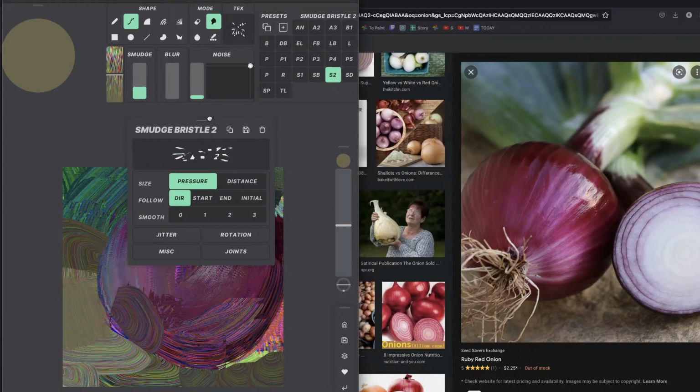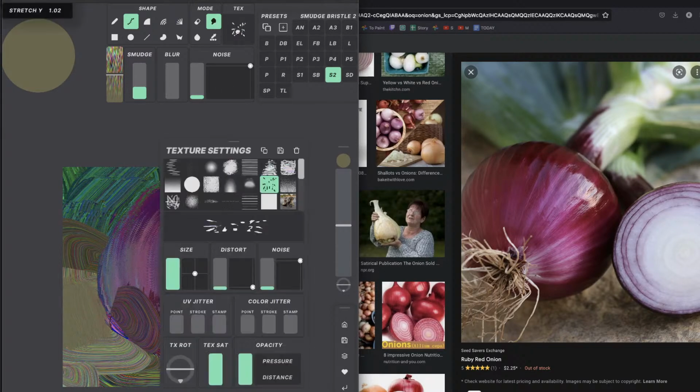Is there an opacity slider in the main GUI? No, it's still hidden in the texture settings. So it's down here now. I've always wanted this opacity slider to be